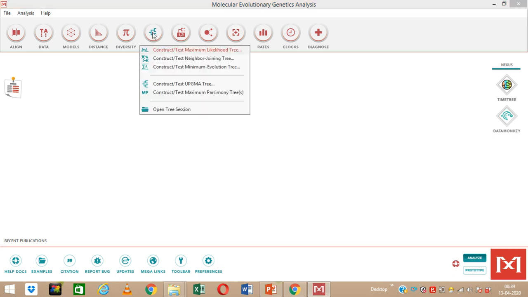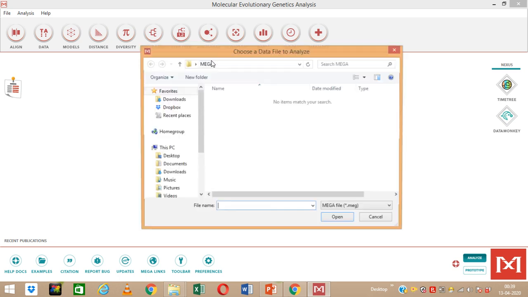I am minimizing it. However, now we want this particular window, right? Now this is the main page of MEGA, right? In this we have so many things we can do. However, right now we are learning how to construct a phylogenetic tree, so I'll go only onto that option. So here we have an option. You can see the tree-like structure, and even it has been given phylogeny. So I'm selecting this tree, right? This option. Now the most common method of constructing a phylogenetic tree is the neighbor joining method, which is the second option. So I'm clicking on this one.